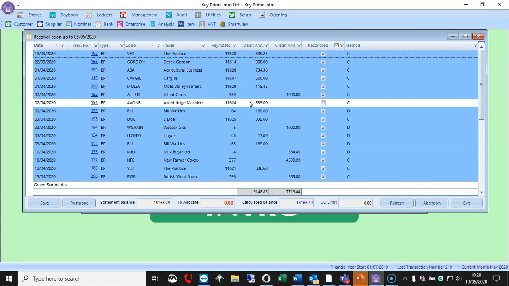But we should be doing our bank rec regularly, keeping it up to date and keeping an eye on these white ones and addressing them ideally throughout the year, but most definitely at the year end, because otherwise when we produce a report, the bank position will be your statement position plus or minus any of these unpresented receipts or unpresented checks, which will actually be a false position, and the accountant will need to change it.